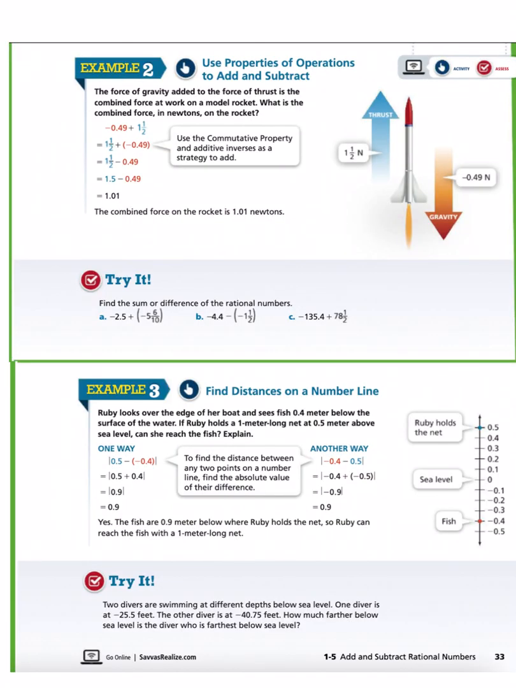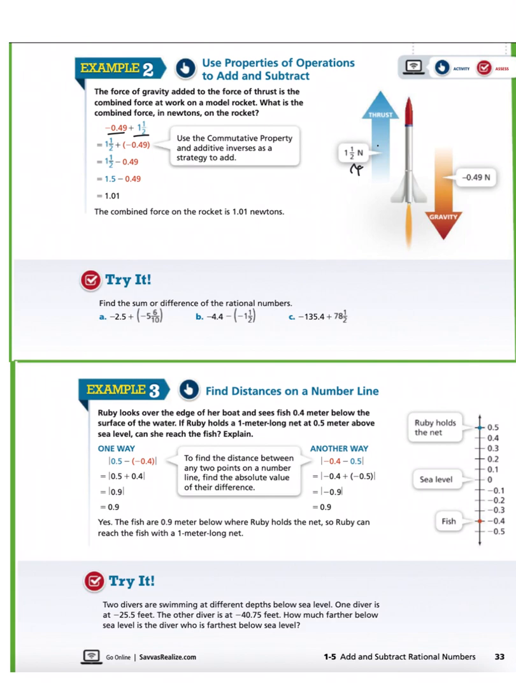Use the properties of operations to add and subtract. So the force of gravity added to the force of thrust is the combined force at work on a model rocket. What is the combined force in newtons on the rocket? So we have the negative 1 4/9 and you have 1 1/2. The 1 1/2 is the thrust, the newtons. The negative 1 4/9 is newtons in gravity. So this is your thrust, this is your gravity. So we need to figure out what the total